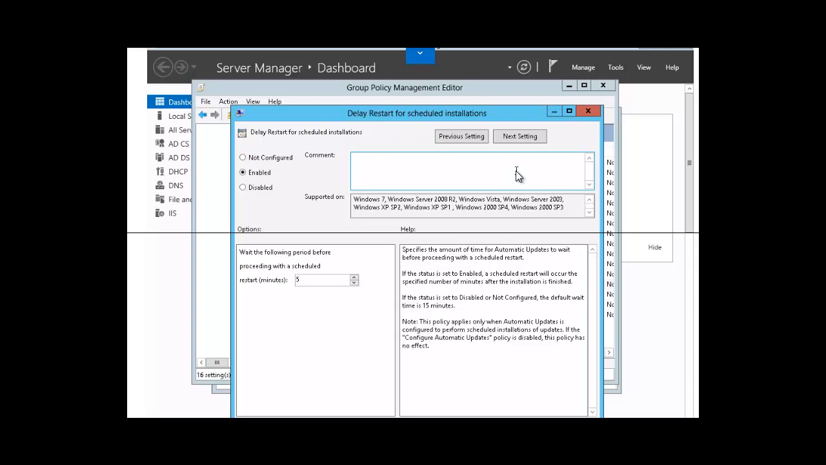But remember, this policy will only apply if you have the scheduled installation update set. If you have the configure automatic update policy disabled, the policy then will have no effect. Let's cancel this box